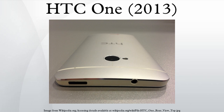The company's flagship phone in 2012, the One X, received critical acclaim from reviewers, but was commercially unsuccessful in the wake of the Galaxy S3 and the iPhone 5. In response, the company planned to take bigger risks with their next flagship device to make it stand out among its competitors, and also planned to take a more direct role in promoting its products, doubling its marketing budget for 2013. Details of the new device, codenamed M7, were leaked from various sources in the weeks prior to its official